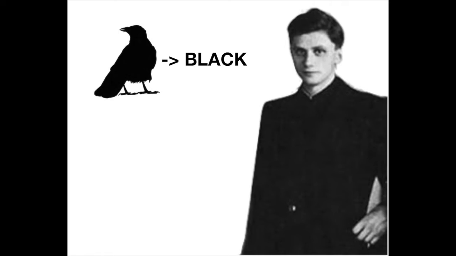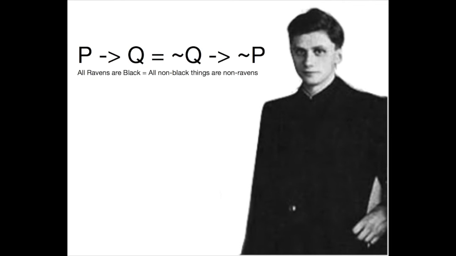What if there was an easier way? Well, according to what we said before, all ravens are black is logically equivalent to all non-black things are non-ravens. So instead of going outside and looking for ravens, we can sit inside and find anything that's not black, check to see whether it's a raven or not, and if it isn't, say that we found evidence that all ravens are black. So next to me, I have a blue coffee cup.